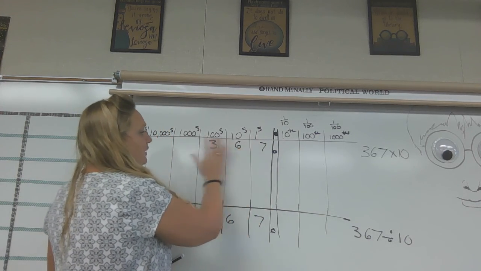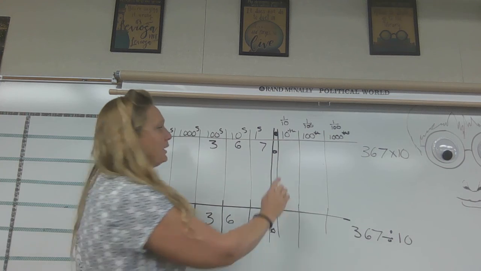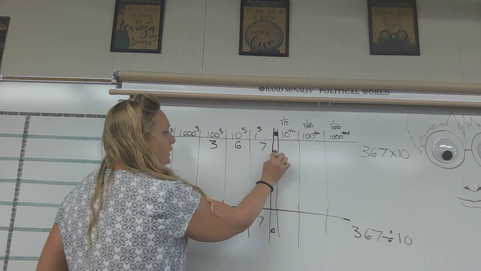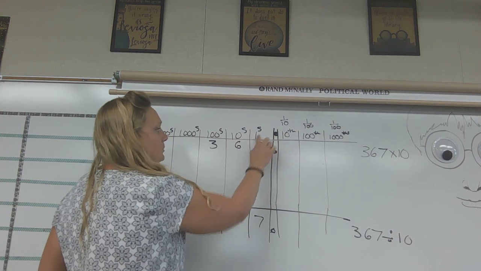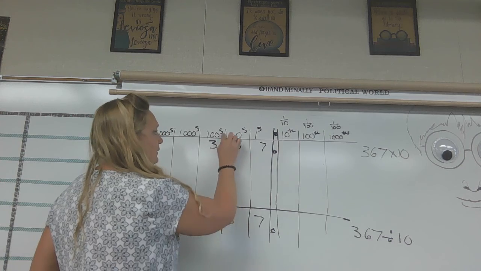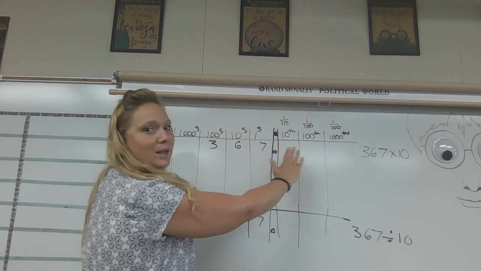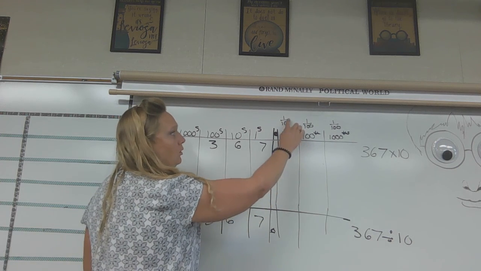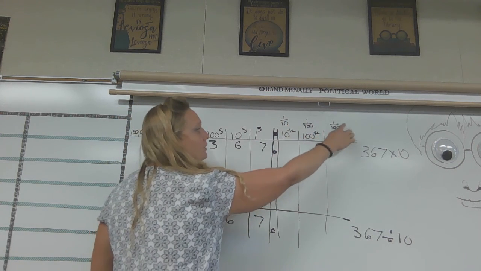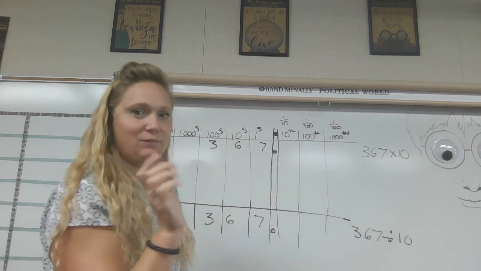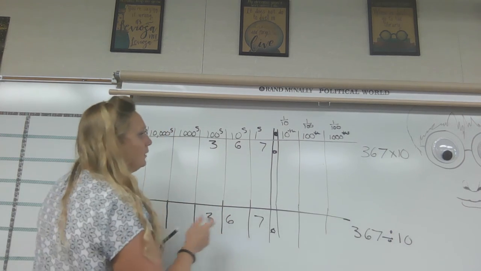Now, the place value chart looks confusing when you first look at it, but really all we're saying is any number just to the left of the decimal point, here's the decimal point, is always in the ones place. And then to the left of that is the tens place, to the left of that is the hundreds place. If we had things in the decimal points, that just means it's less than one whole, 1/10, 1/100th, or 1,000th. The first two examples I'm going to give you don't have any decimal points yet, but we're going to look